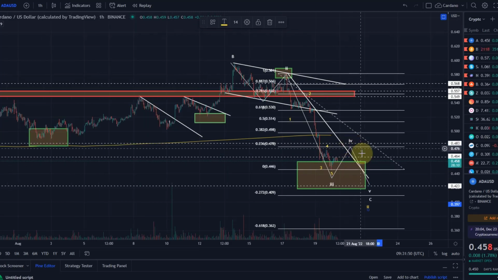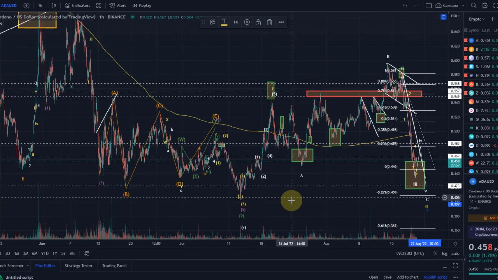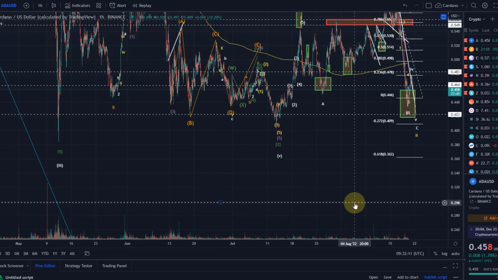I think there may be one more leg down after a more substantial retracement to the upside. We'll see. And any move down needs to hold above 40.2 cents. Very important, because if we go below 40.2 cents, then I think we'll see a major sell-off. Could go first to 38 cents, the previous low from the 12th of May, and then the 29 to 30 cent level, which is the 88.7% Fibonacci retracement level.